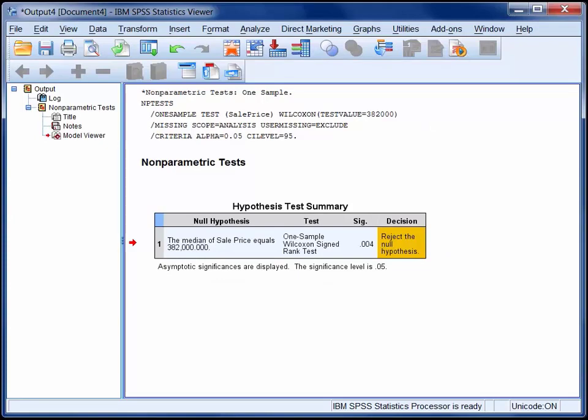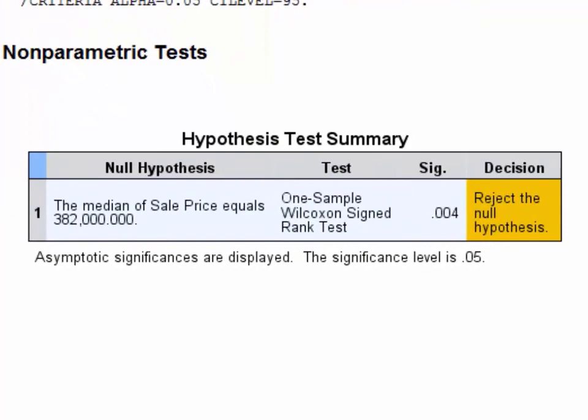When you run a one-sample Wilcoxon test, the default display is quite minimal. However, it can be expanded to provide more detail. Before that though, let's work through this hypothesis test summary table. So here we can see that a one-sample Wilcoxon signed-rank test was run, and the null hypothesis for this test